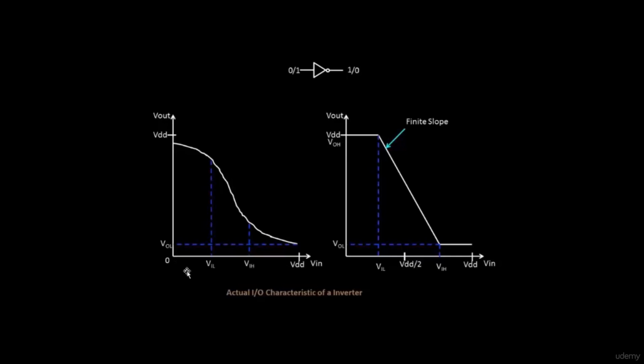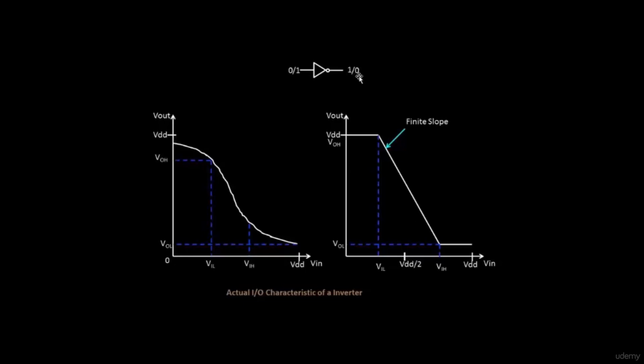Okay, makes sense. Next you have the VOH. In the case where VOH was exactly equal to VDD, here the VOH is not exactly equal to VDD, but it's a range. It's the highest value that is attained at the output of this particular inverter that will be detected as logic 1. So where your input lies in this range 0 to VIL, your output is expected to be VOH and above. Anything which is VOH and above will be detected as logic 1 at the output of this inverter.